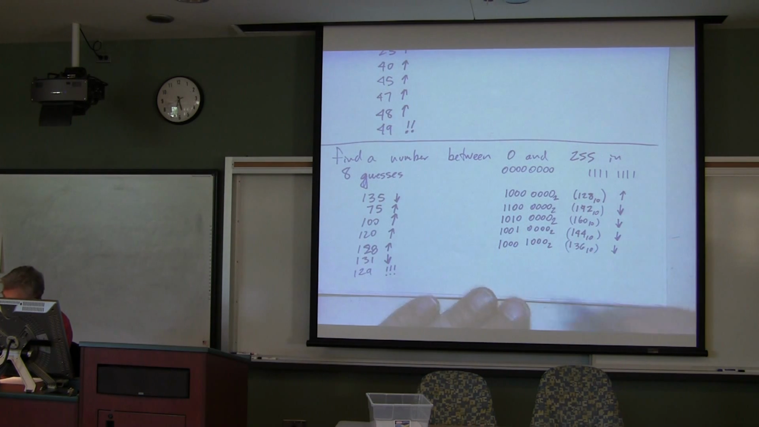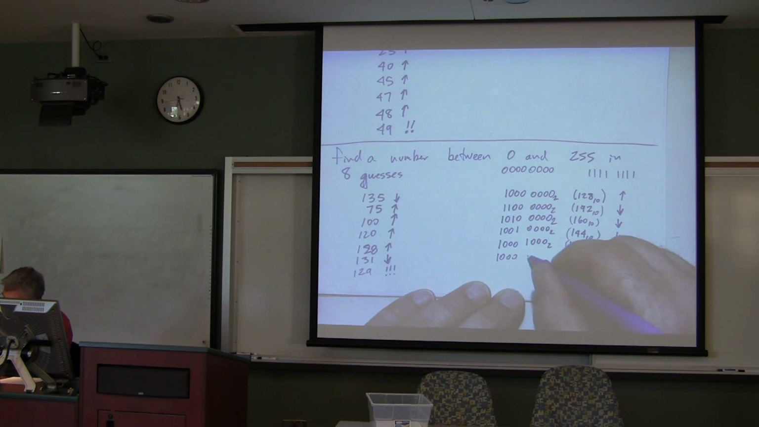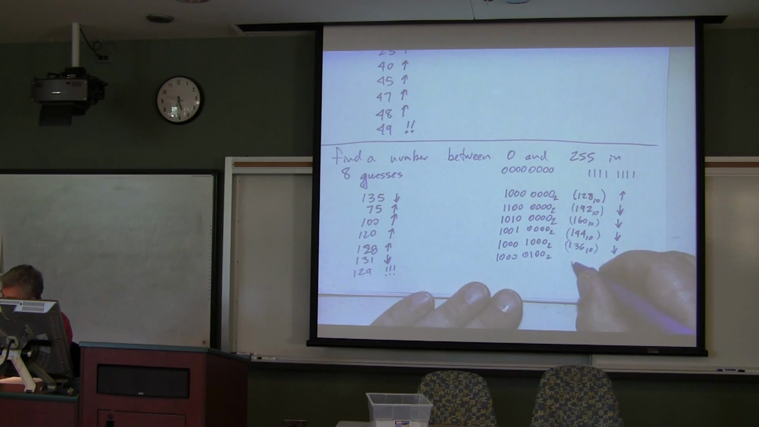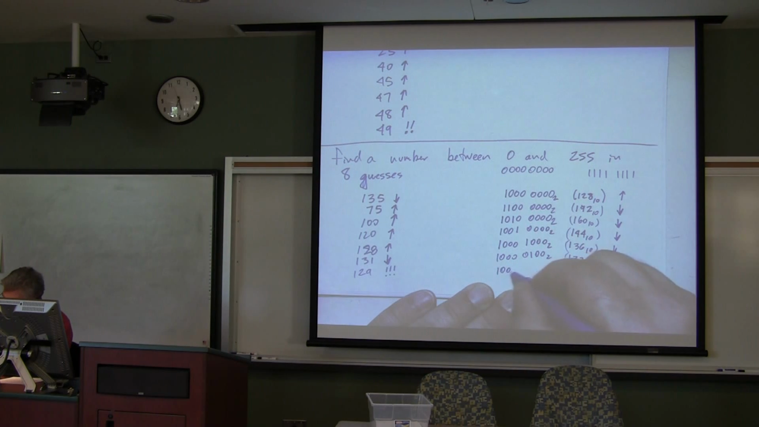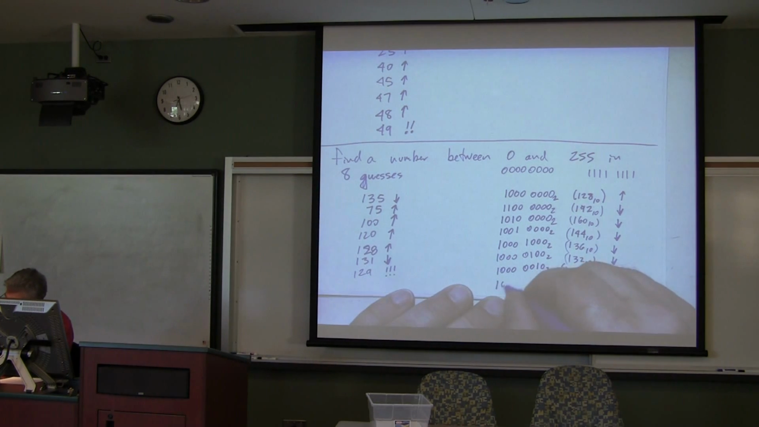Lower. 1, 0, 0, 0, 0, 1, 0, 0, base 2. This is 132. Lower. 1, 0, 0, 0, 0, 0, 1, 0, base 2 is 130, which in base 10 will be lower. So obviously we know that it is